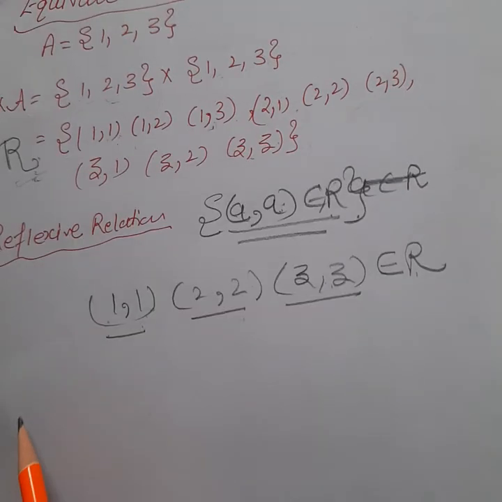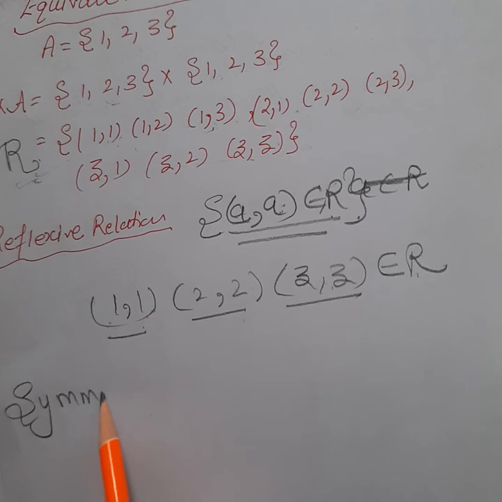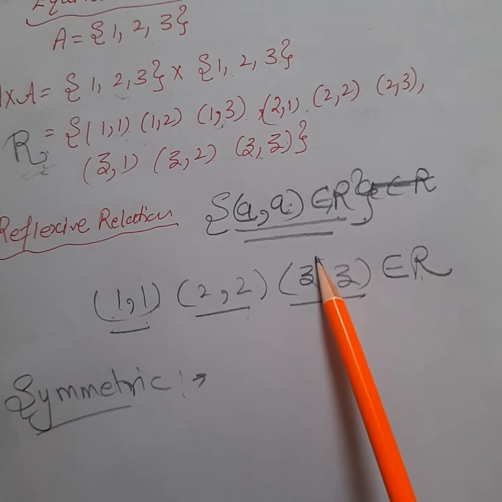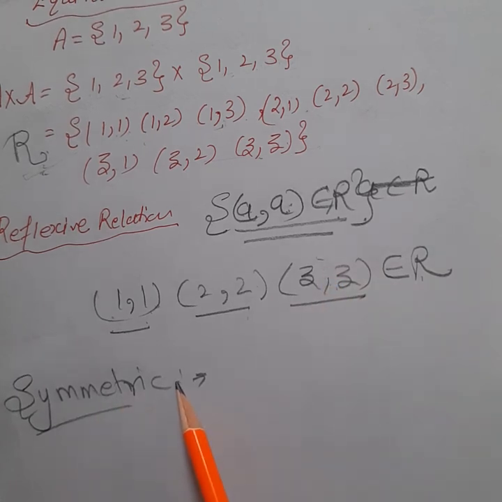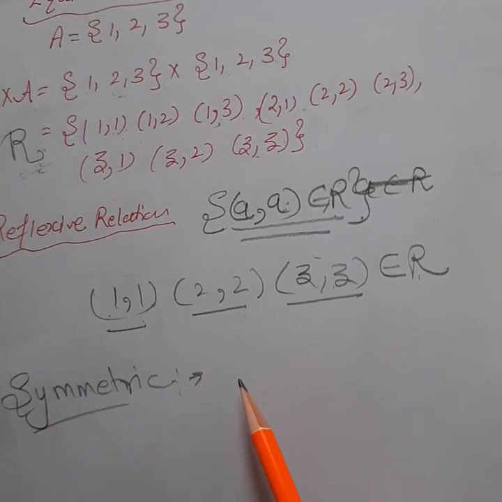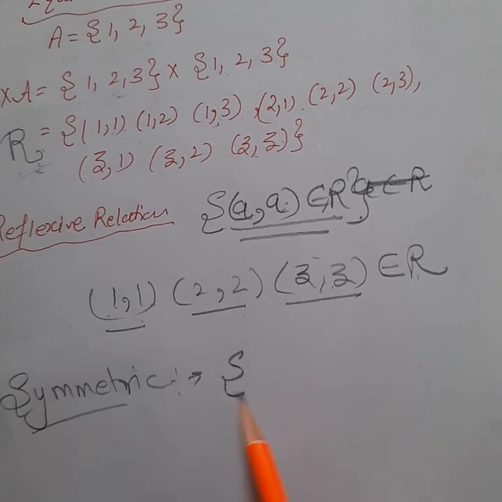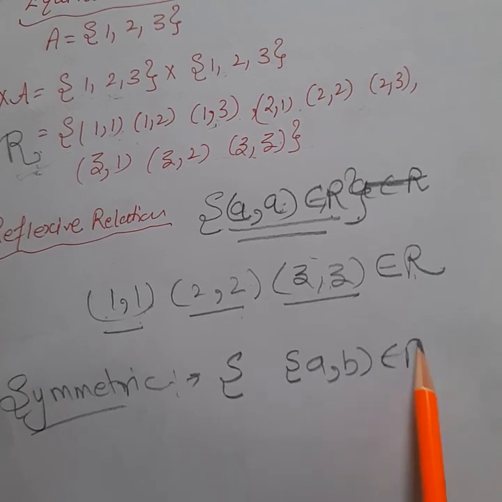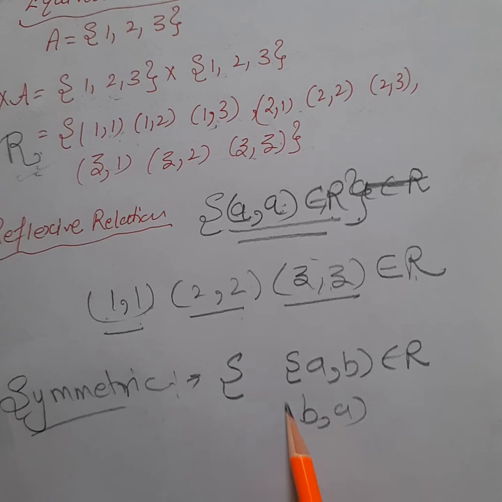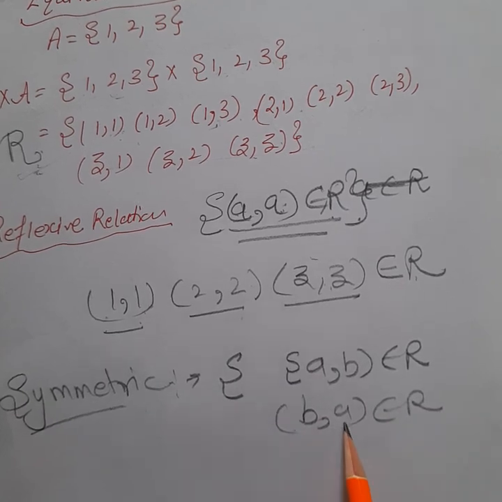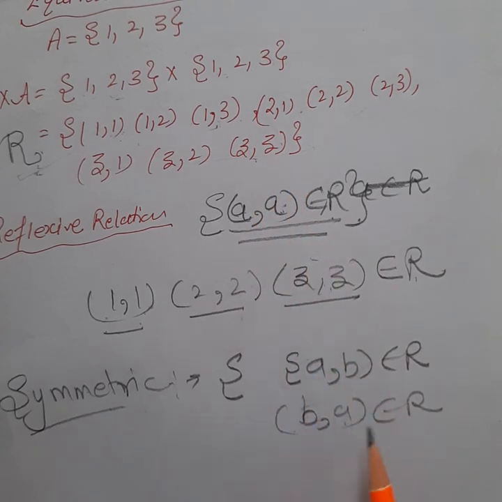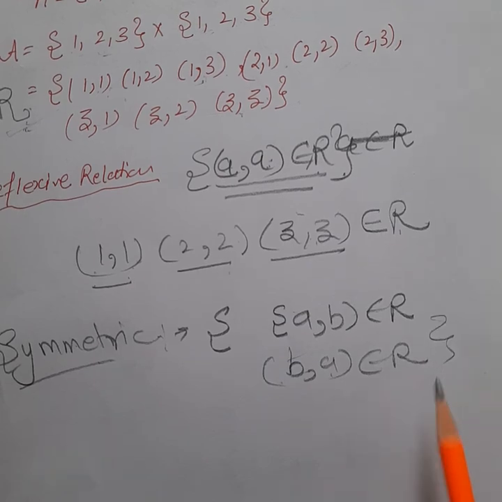Okay, now if we have to find the symmetric relation: reflexivity is sometimes like when we see our image in a mirror, and a symmetric relation is one you can see in your daily life, like a resemblance, when a son resembles his father. If we have (a,b) belongs to R, then the condition is that we have (b,a) also, meaning (b,a) also exists in our relation. Okay, meaning we have the opposite pair also, and that is called symmetry.